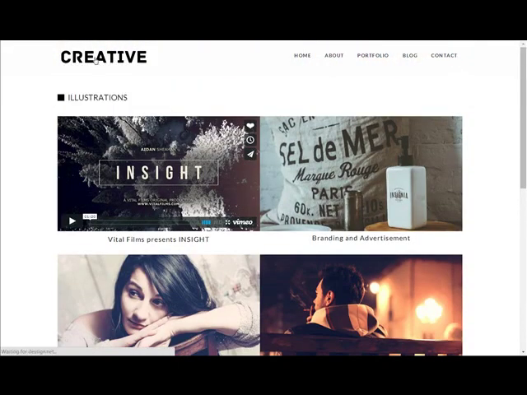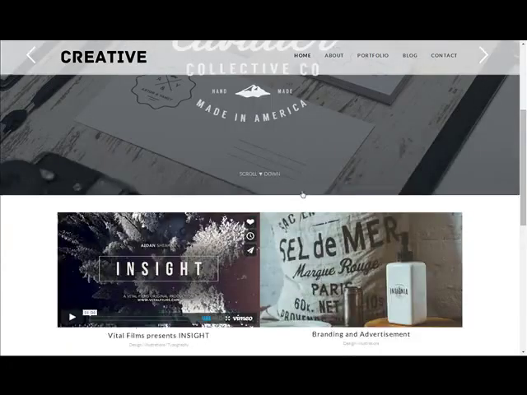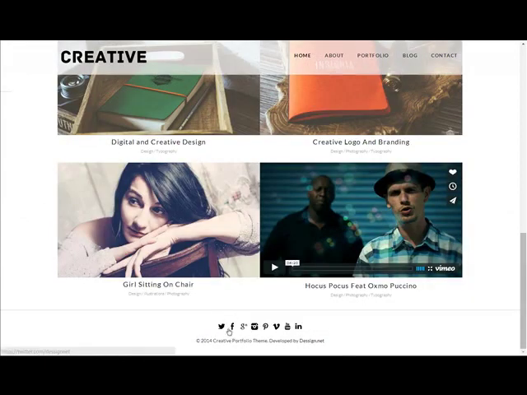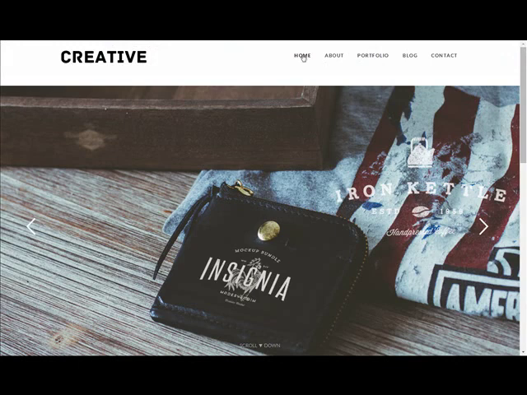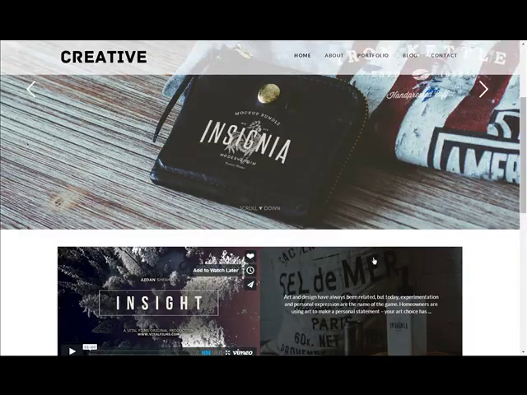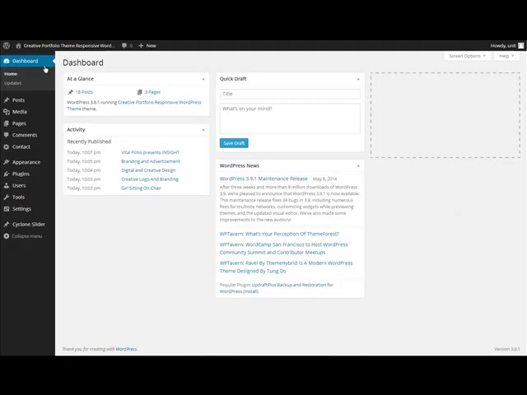Okay, so first we're gonna set up the logo, and on the bottom you have your social media icons, and then I'm gonna show you how to set up the navigation with the drop down menu, and then the slider and the regular posts. So let's go inside WordPress,